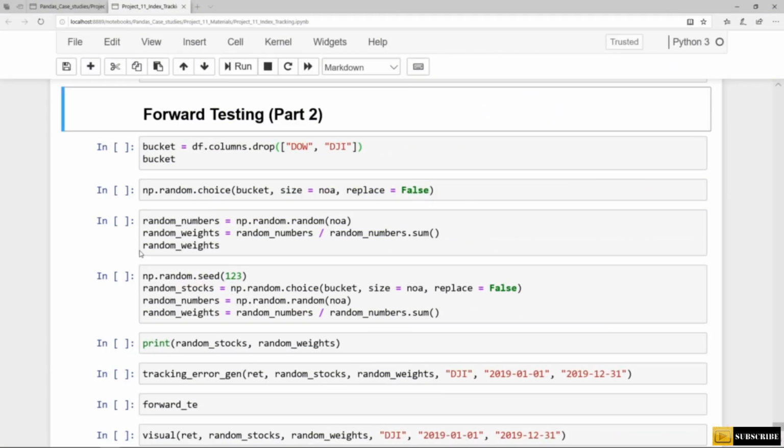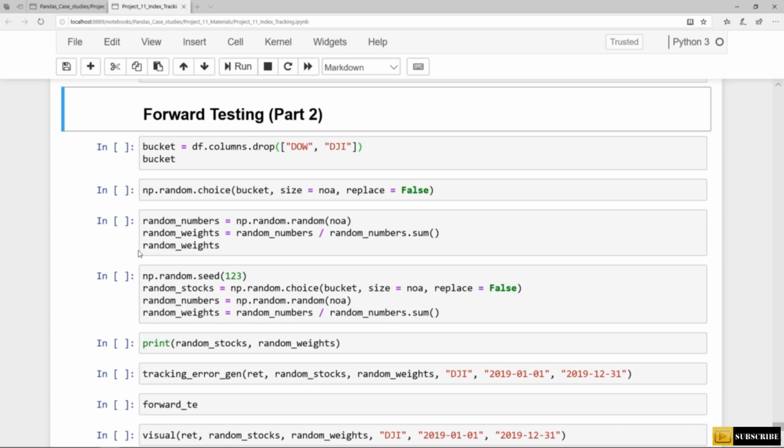Alright, in this lecture we are going to create many random portfolios and calculate the tracking errors for these random portfolios in the year 2019. And then we are going to compare this with our optimal portfolio. And for instance, if we come to the conclusion that 50% of the random portfolios track the index more closely than our portfolio, then we shouldn't use that portfolio and try other, maybe more complex methods to create a better